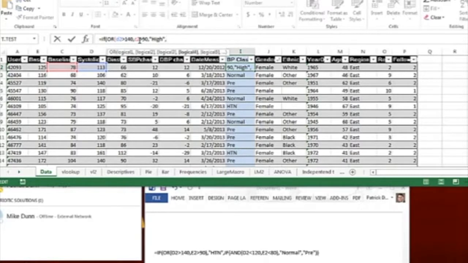We're going to do another if statement. This time, it's an and. Because now if you think about it, for the blood pressure to be considered normal, both the systolic pressure has to be less than 120 and the diastolic pressure has to be less than 80. So we have and